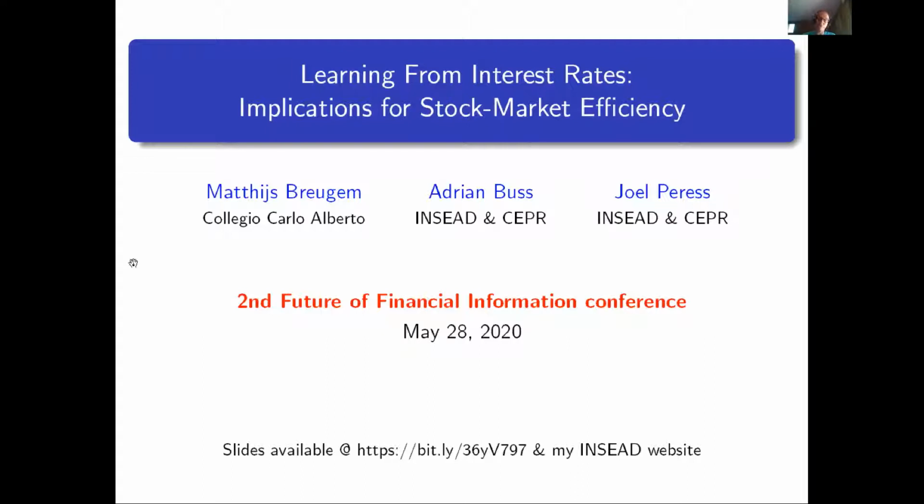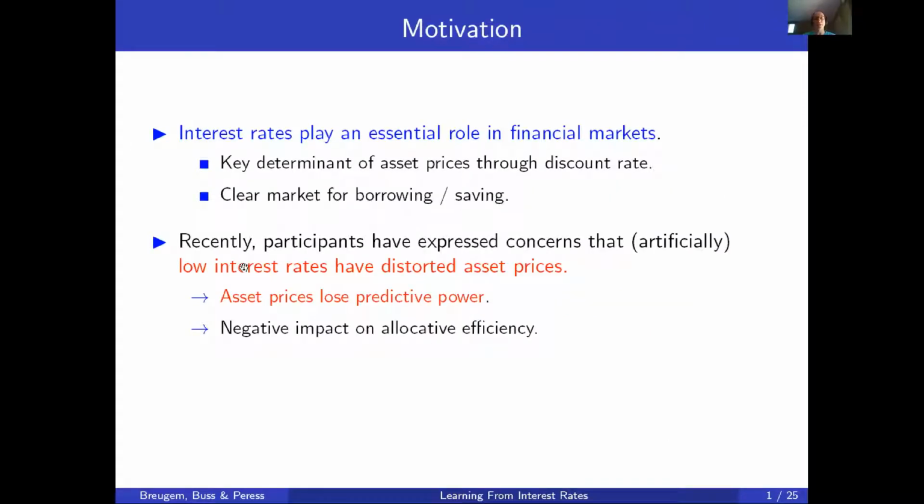So the purpose of this paper is to understand the role played by interest rates in financial markets, and more specifically, their informational role. So we know that interest rates play a key role for valuing assets, through discounting in particular. But they also play a role in terms of